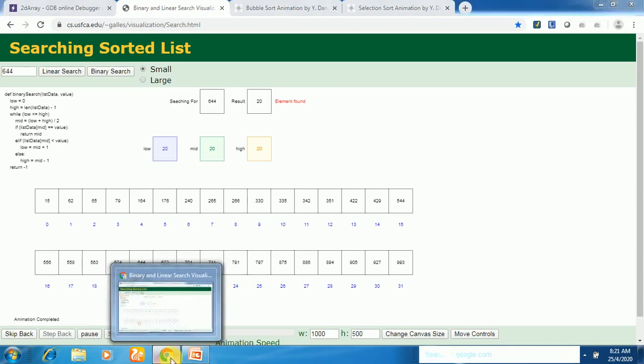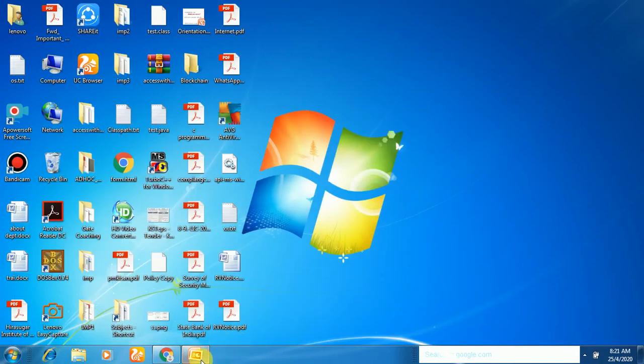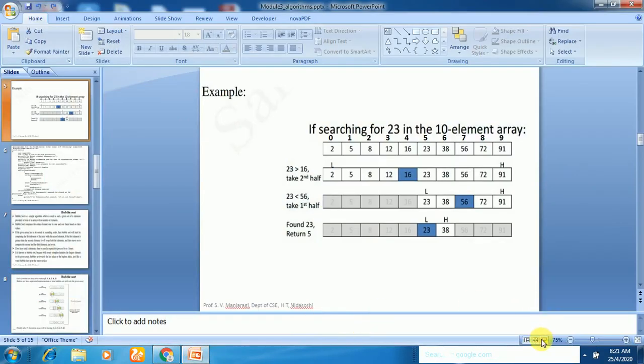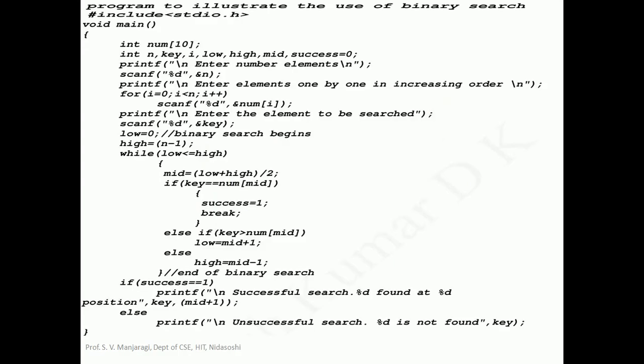Now let us run this program. Let us see the program. The program is very simple. Inside the main we need to declare an array. The array is num with size 10, and n indicates how many elements of the array you want to take.